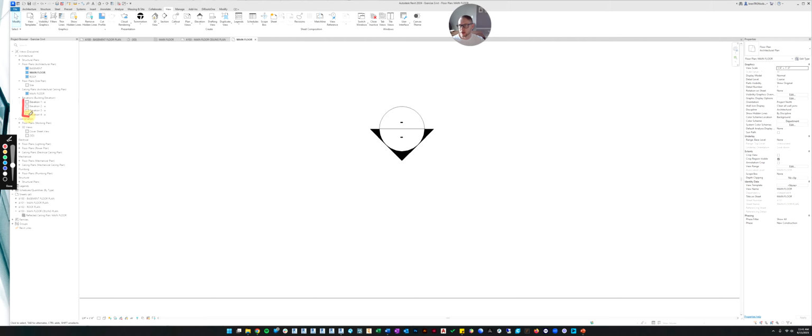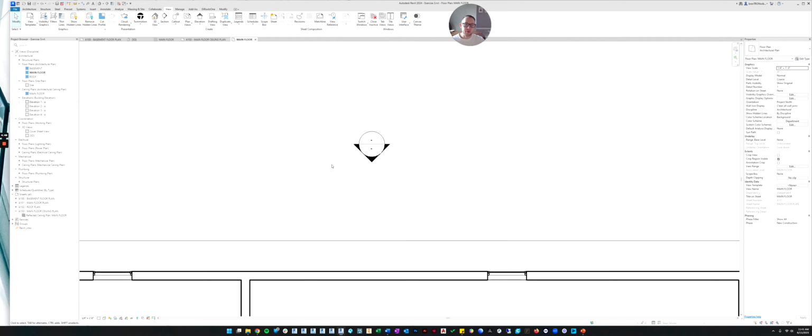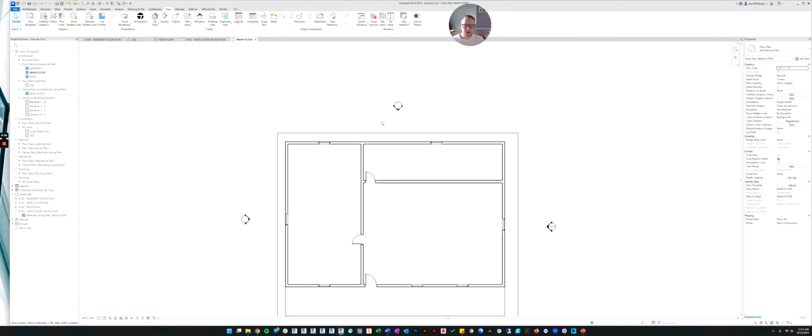You can look over here and you can see that there's no blue square, which means this sheet or this view hasn't been placed on a sheet. So right now it's blank. And then the bottom will tell you what number view on the sheet to look at to find this exact view. So I'll explain that better once we put it on sheets, but let's continue what we're doing.